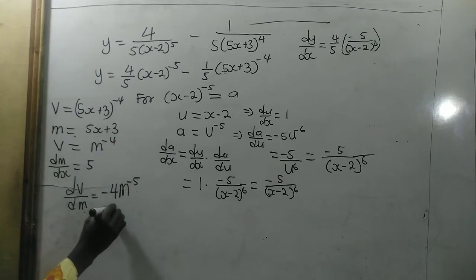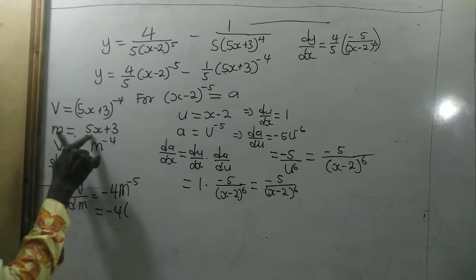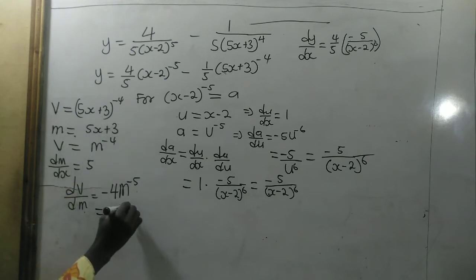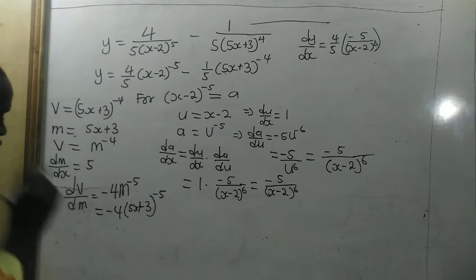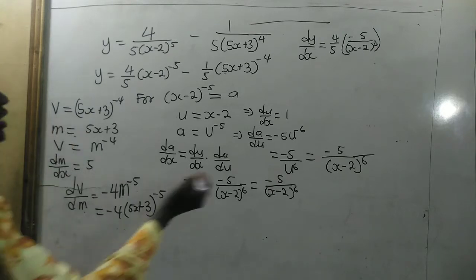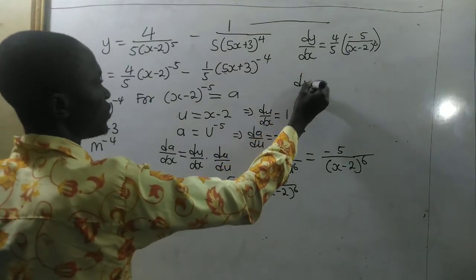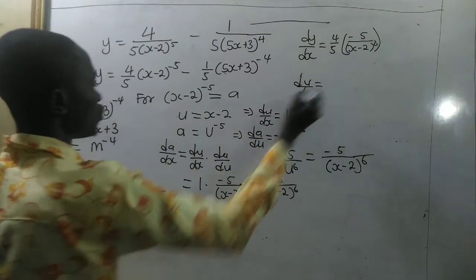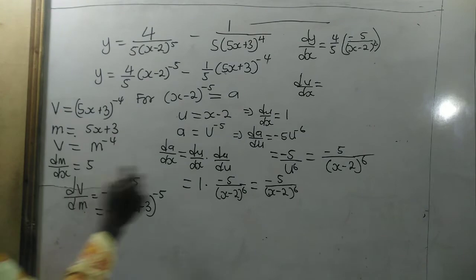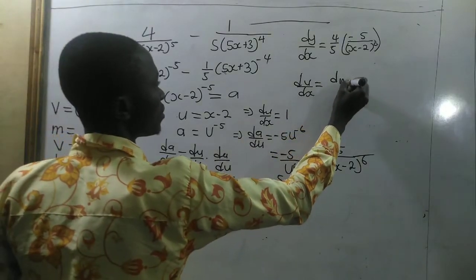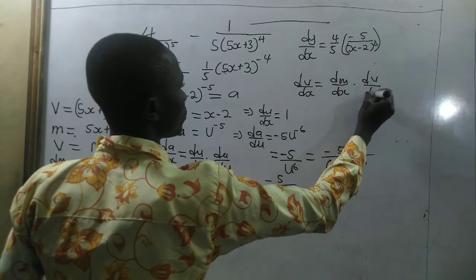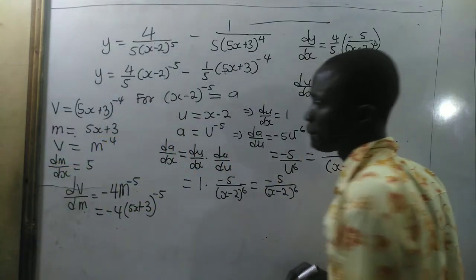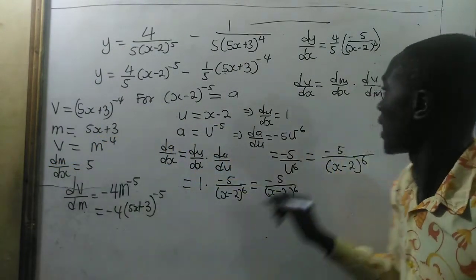So this is the same as minus 4 times m, which is 5x plus 3, to the power negative 5. So now we can find dv on dx. So we write here dv on dx to be equal to dm on dx times dv on dm. So here we have 5